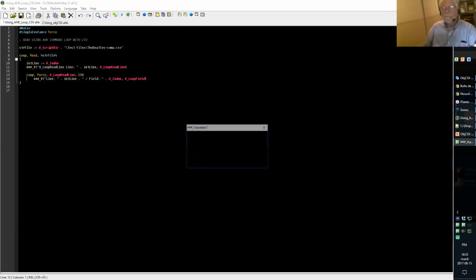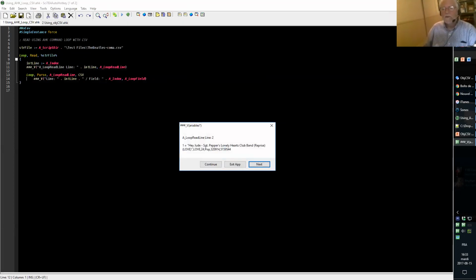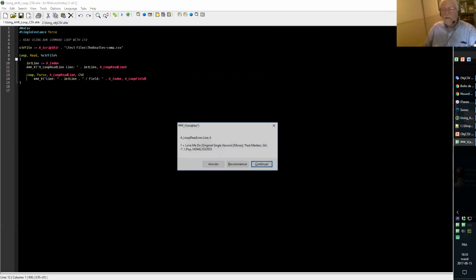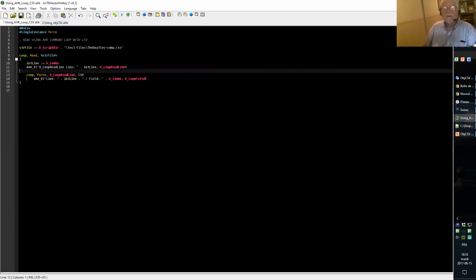Okay, line 1, line 2, all the fields now, which is the song data, line 3, and everything is split correctly. If I go until line 6, I think I will see the field with the comma inserted in it. So we have here Past Masters, comma, Volume 1, which is between quotes, and this field is handled correctly.